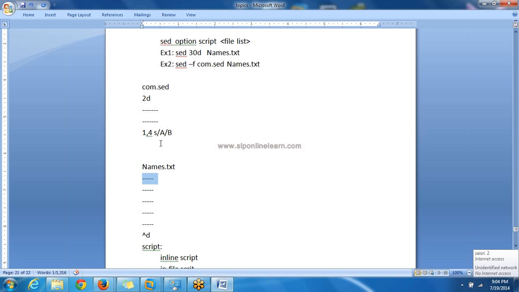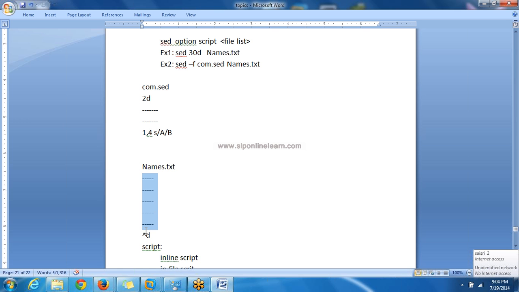Next, this command will be applied on this line. If any match is found to this regular expression or command, that will be executed and the result will be displayed onto the screen. Next, it will take the second line. The same command will be applied on the second line, and if a match is found for the regular expression, then the result will be displayed onto the screen. Whatever modifications we specify will be executed and the result displayed. Now it will take the third line, and this command will be executed on the rest of all lines in the file.